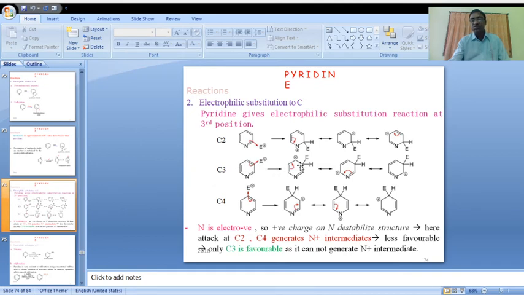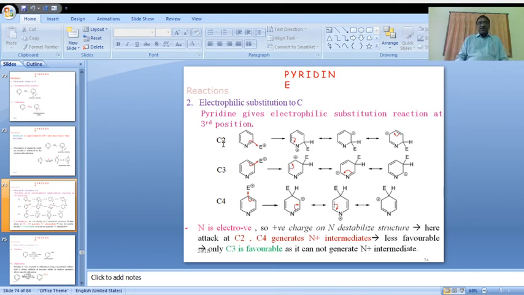There is no positive charge on the nitrogen atom, because of that, attack of electrophile on C3 is favorable. Based on this information, we understood